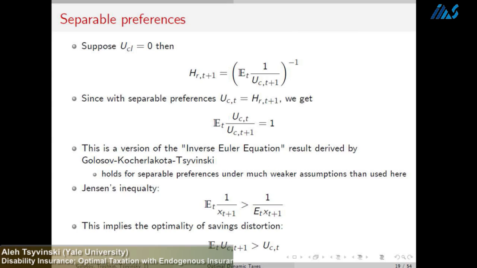All right, so now let me think first about the case of separable preferences. If I have separable preferences, the utility of consumption, the cross partial between consumption and labor in utility is equal to 0, then what do I get? First, I get immediately that the marginal indirect utility of moving R units of resources to the future is exactly equal to the inverse of the expectation of the inverse of the marginal utility. So you have to do a little bit of work here, but I think Natalia, I know where she is now. So she asked yesterday how